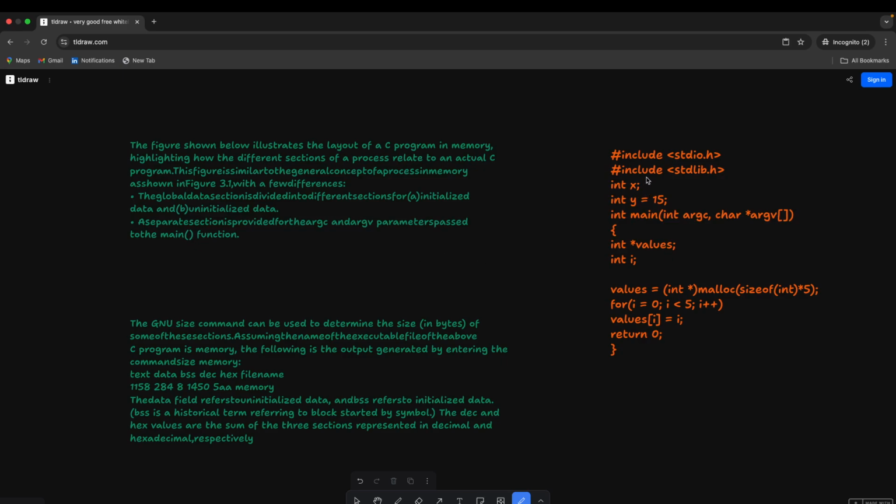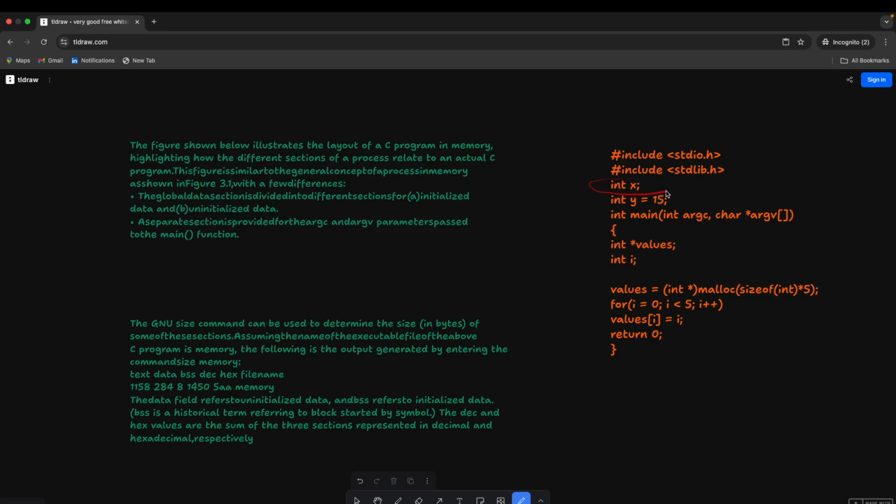The moment we start, our program will start executing line by line. So these are libraries. It will fetch the stdio.h library, the standard input output library, and stdlib, the standard library, and import them.